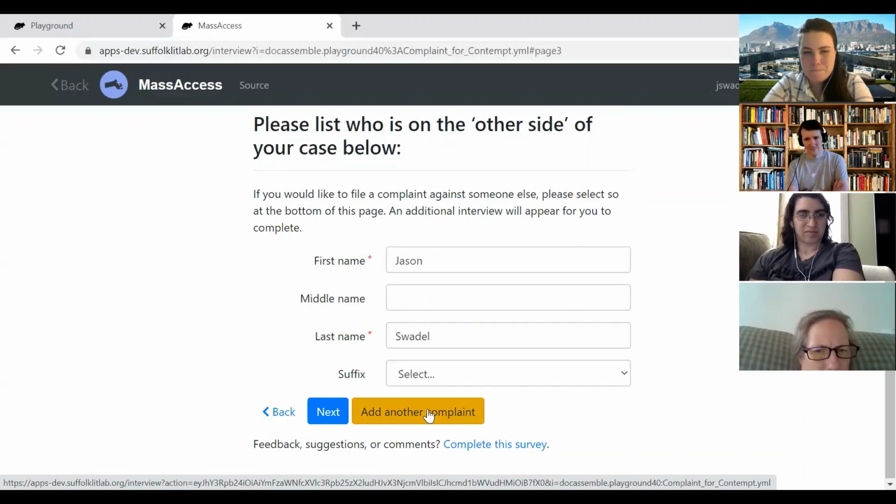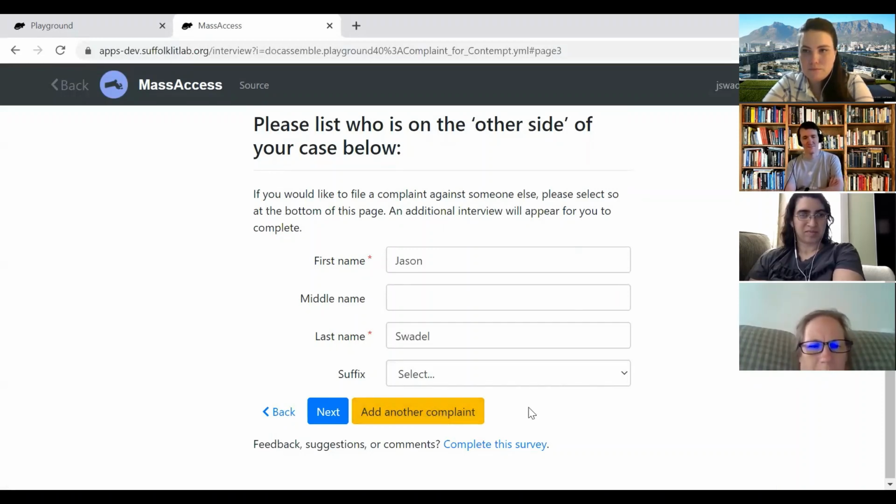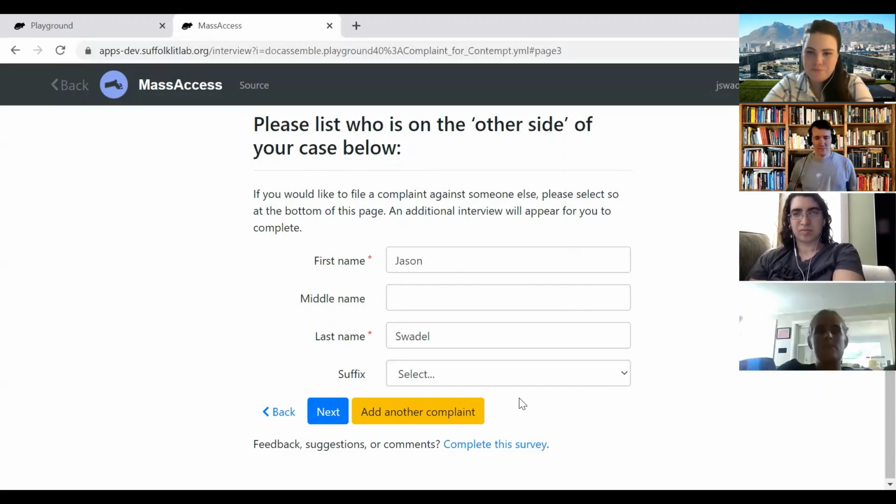Okay. So I might need to meet with somebody or just post something in the code channel to figure out how to get that working properly. Are you trying to do defendants, or is it more than one complaint for contempt? My understanding based on the last demo was that we shouldn't be adding two opposing parties on the same complaint for contempt. It should instead be an option to file an additional complaint.